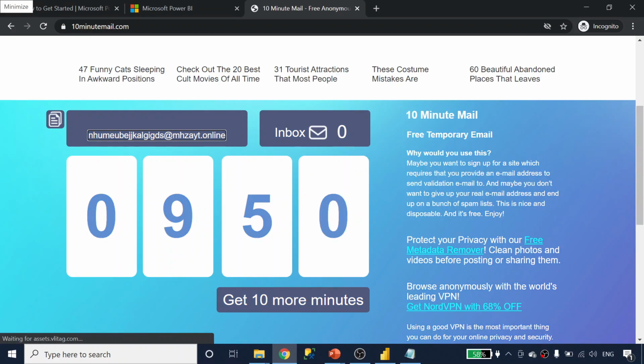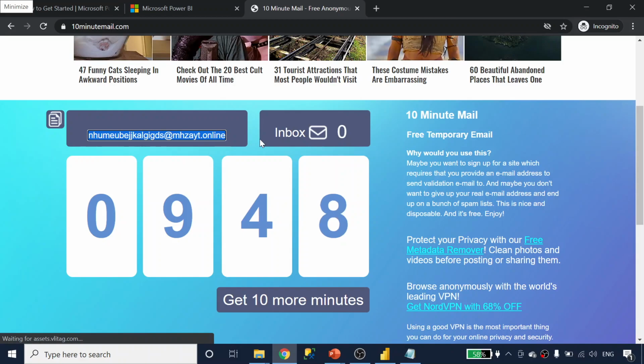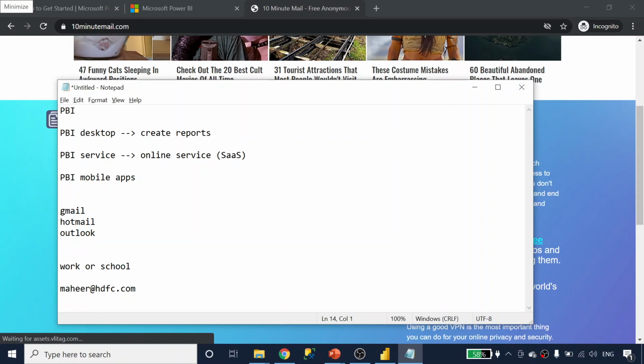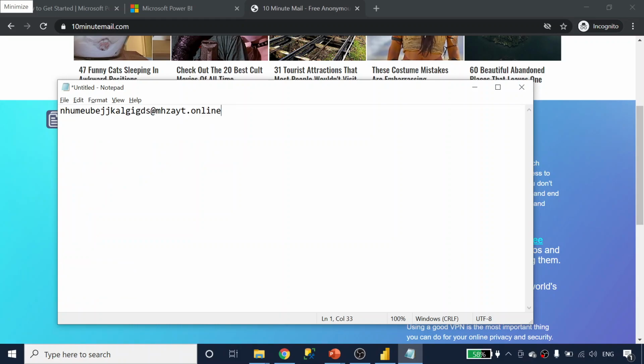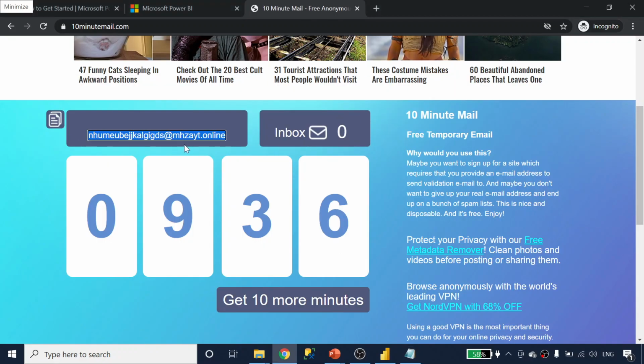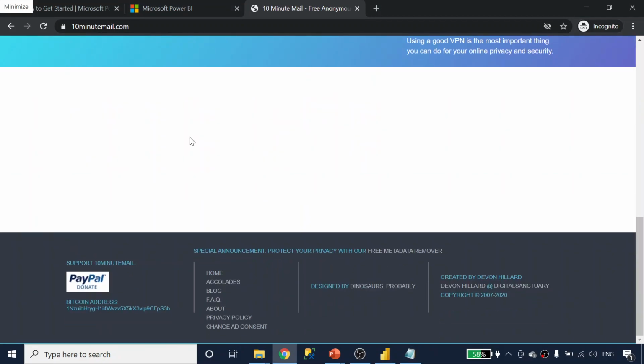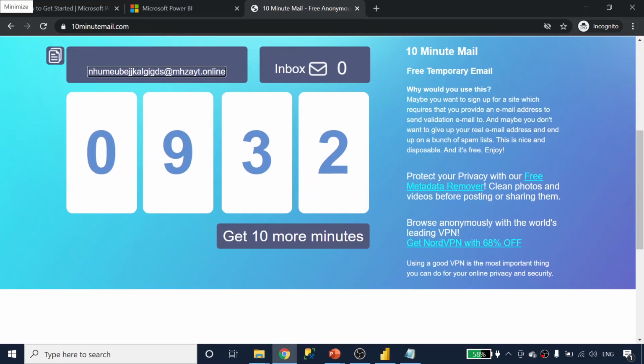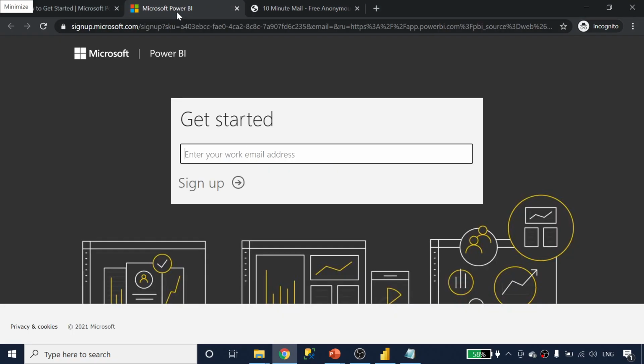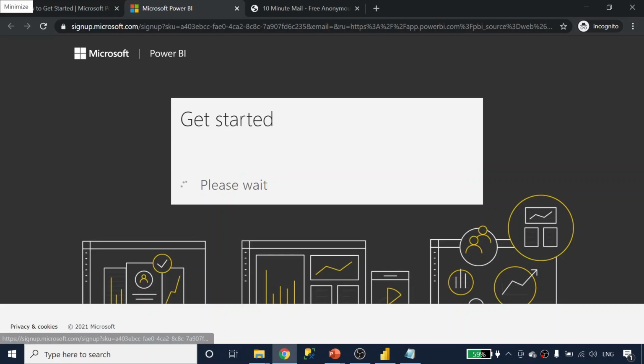Just copy that email address with Control C, and let me paste that into Notepad first. Let me do Control A, backspace, and so this is the email address it gave, right? Let me do Control C. Okay, let me do this once again, guys, to make sure I have copied this completely. Okay, yeah. Now using this email address I can sign up. Let me paste this here and click sign up.